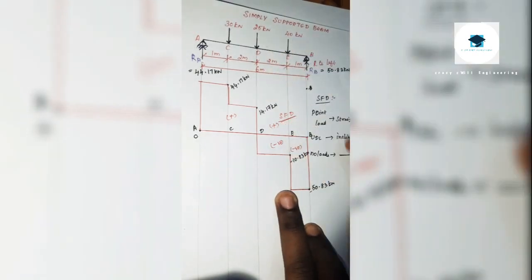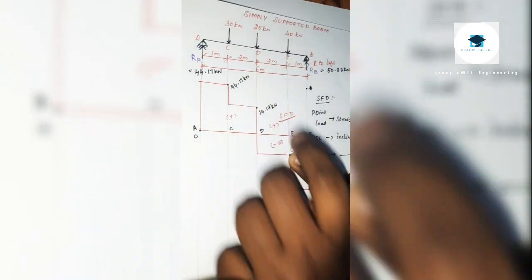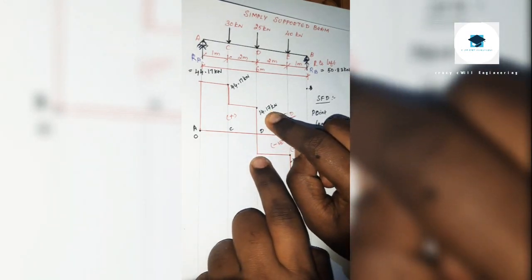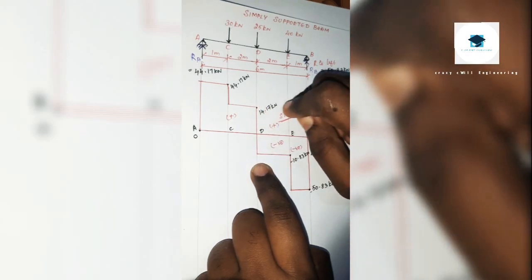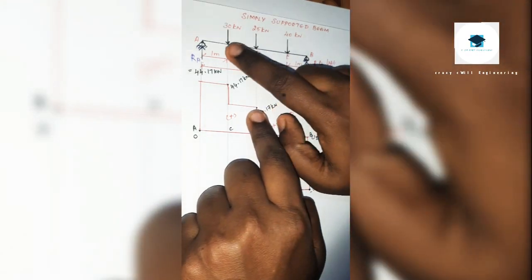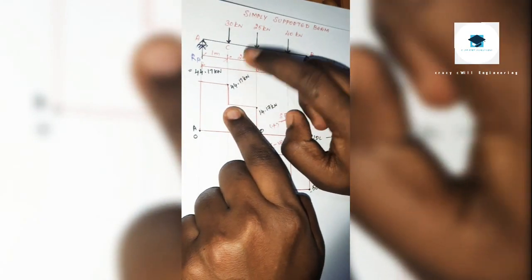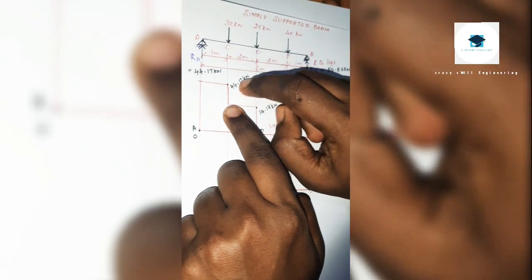After that D value is positive value. So again D and E having no load. So the line is horizontal, and again the value is 14.17. So from the horizontal of D, draw a straight line up to 14.17. Again there is no load between C and D. Again horizontal line, and at C the shear force is 44.17.